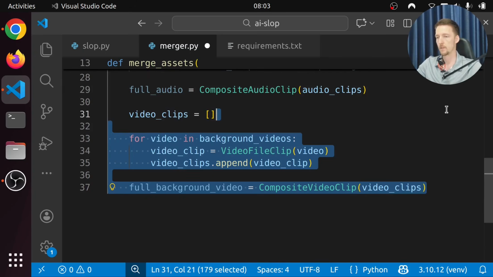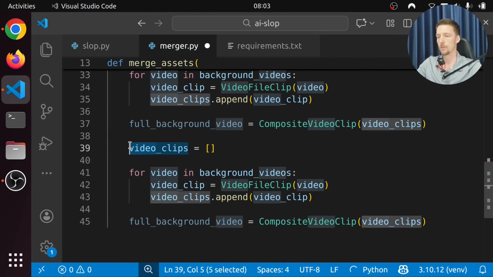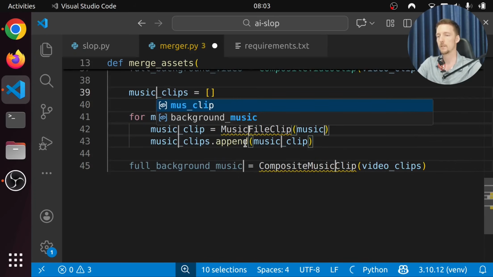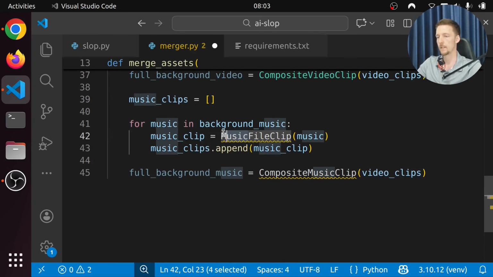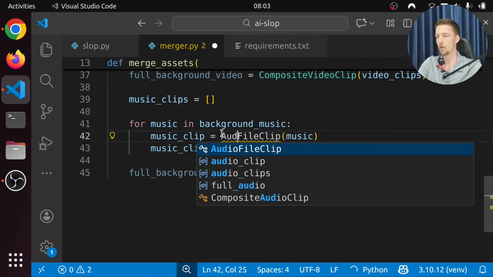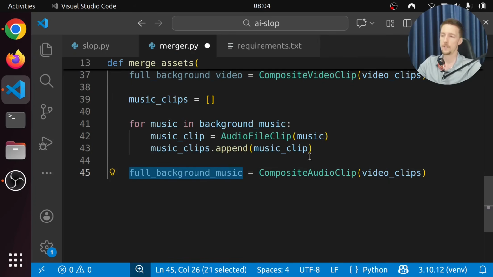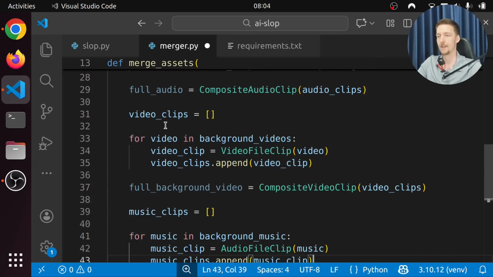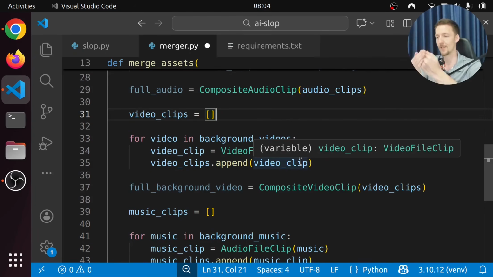And then finally, let's do the same thing with the background music. So I'm probably going to copy this code from here. And I will call this music_clips. And this is just going to be background music. And it is not a MusicClip file. It is an AudioFileClip. And this is also audio. And we might want to add the same kind of padding here. And by the way, we have to also keep track of the start time in this one. Otherwise, all the videos are going to be on top of each other.